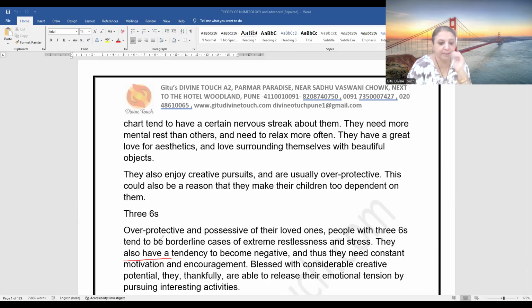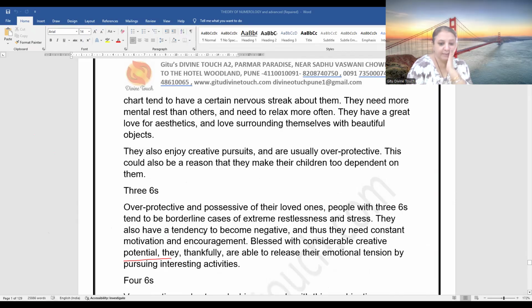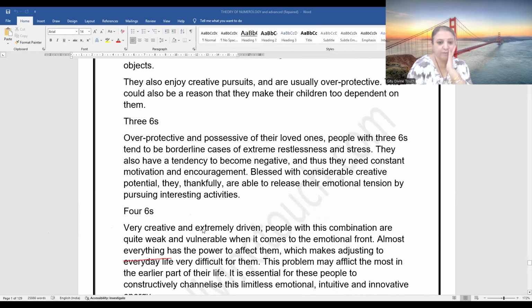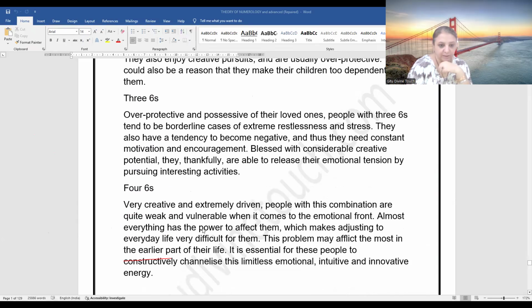3 6, they are overprotective and possessive of their loved ones. People with 3 6 tend to be borderline cases of extreme restlessness and stress. They also have a tendency to become negative and thus they need constant motivation and encouragement. Blessed with considerable creative potential, they thankfully are able to release their emotions and tensions by pursuing interesting activities. So, this you can give as a remedy as well for 3 6 people, that they should keep themselves busy